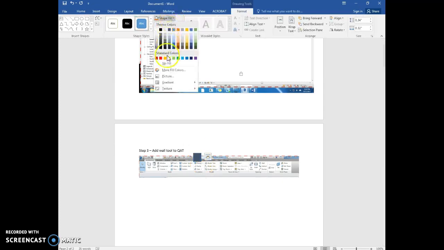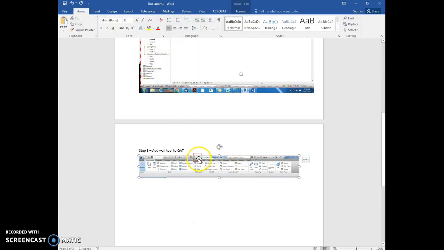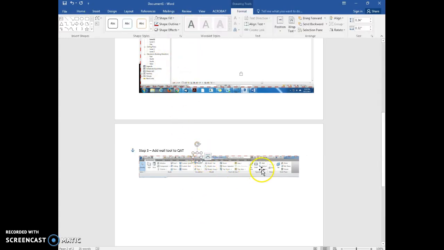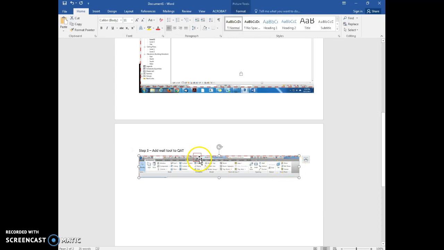You just put the shape fill as no fill, and the shape outline is red, and maybe that kind of helps me to be able to see. You can also crop this image down a little bit more to show me specifically what you're trying to do. All right, and then we're going to go to step 4. So step 4,